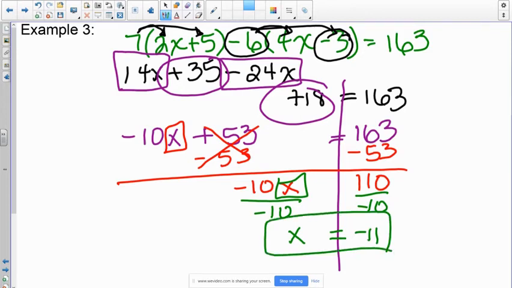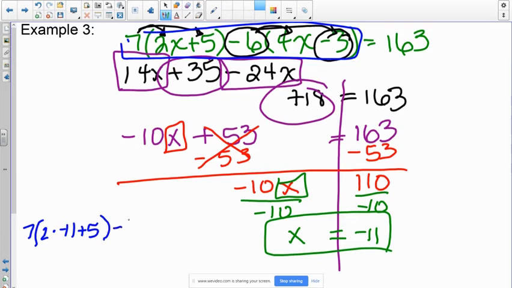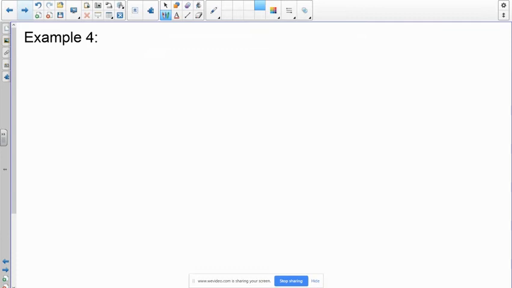And now I'm going to go and check to make sure I'm correct. So to check this one you actually are going to enter that whole entire original into your calculator, but instead of putting x, you're going to put negative 11. So we're going to take 7 parenthesis 2 times negative 11 plus 5 back parenthesis minus 6 front parenthesis 4 times negative 11 minus 3 back parenthesis. I'm going to push my enter button, and I'm going to notice when I push that, it does equal 163. So I can guarantee that x is truly negative 11. Our last example for today